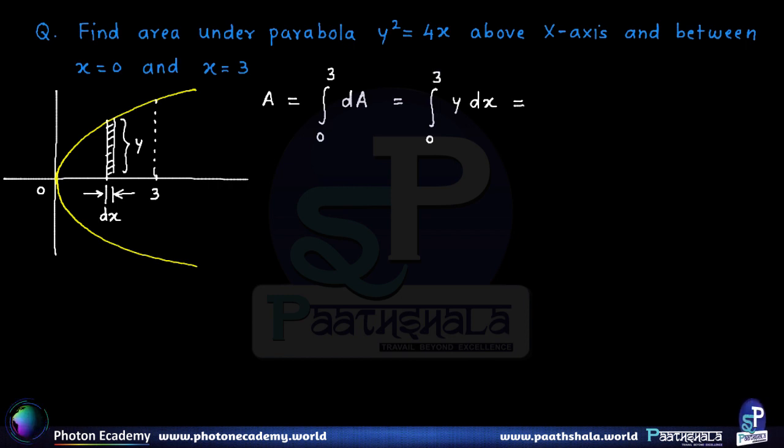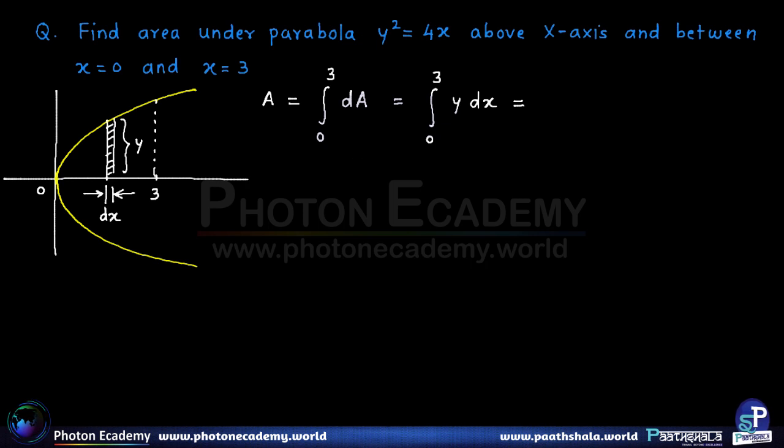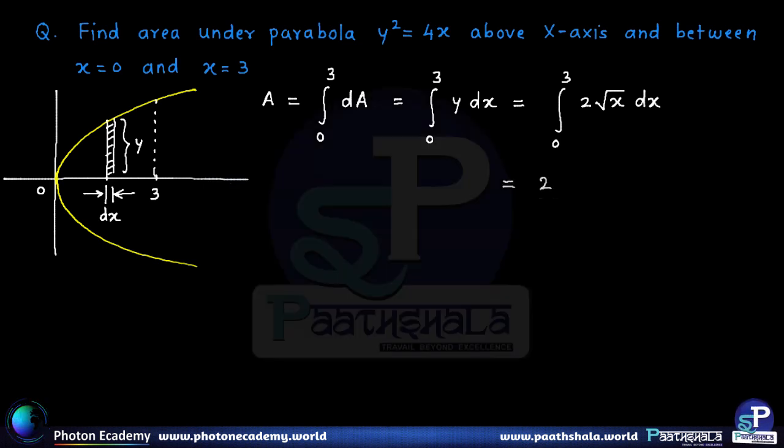Now we will have to express y in terms of x because the variable of integration is x. Since we are given that y square is equal to 4x, y is nothing but 2 root x, correct? And to be integrated from 0 to 3. This is straightforward to integrate. Let's take 2 outside, and root x is nothing but x raised to half, right? So the integral of x raised to half will be x raised to half plus 1, that is x raised to 3 by 2 upon 3 by 2